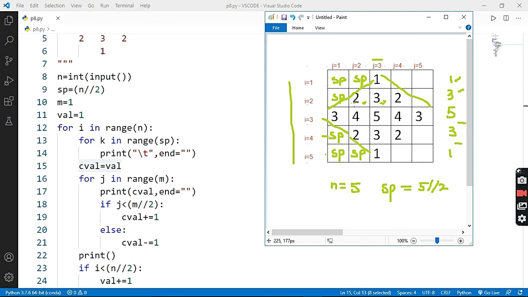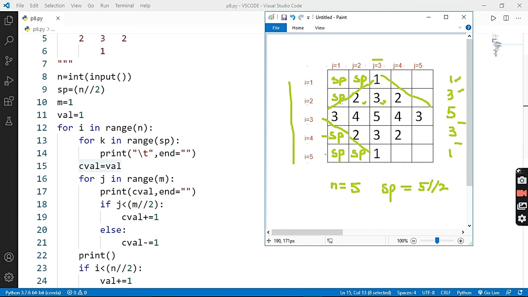Now after this 2, we will keep on incrementing the value till it has reached the middle column. So from 2 it will become 3, and after that we will keep on decrementing the cval value by 1. And once it's decremented, then while moving to the next row, it will take the last value and increment this val variable by 1.